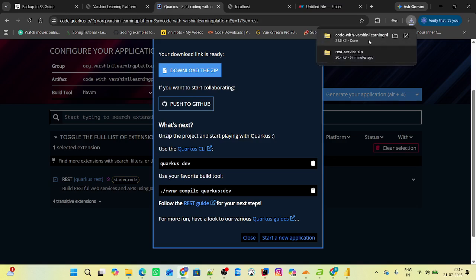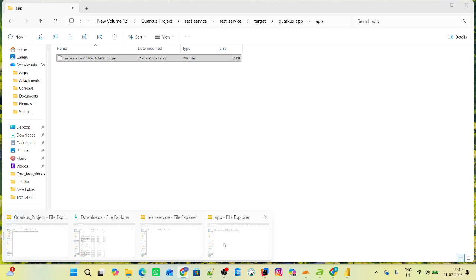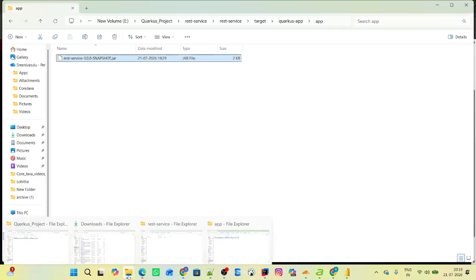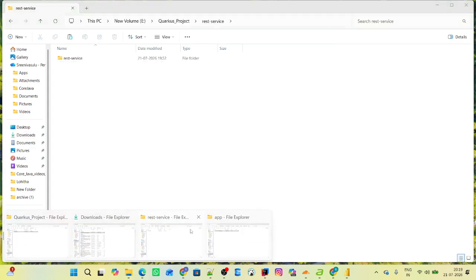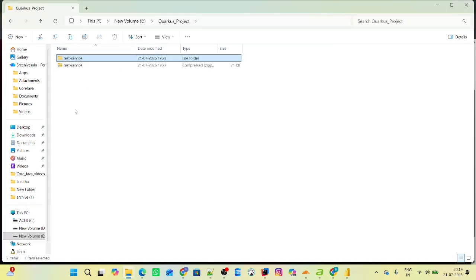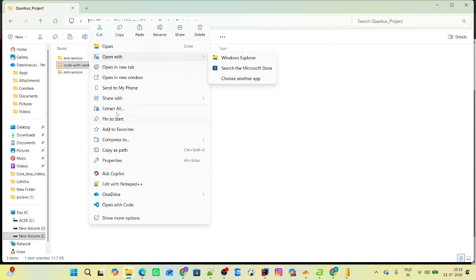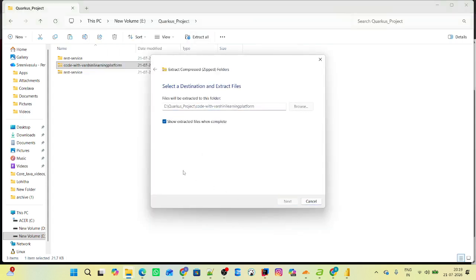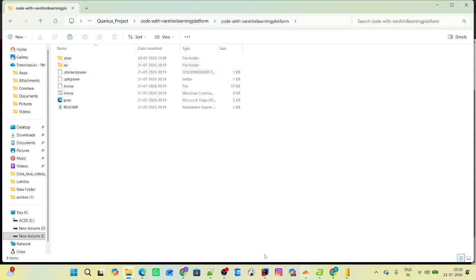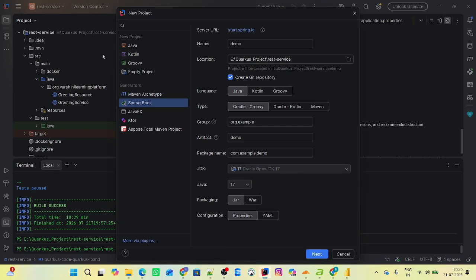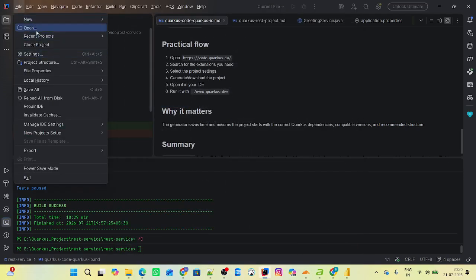Okay, now see here, in the download section, this is the one, Quarkus REST, and I'm going to extract this one. Now I'm going to import this one, open